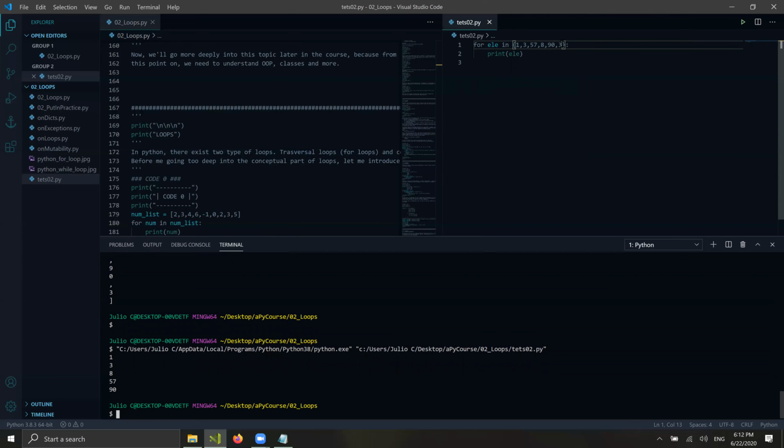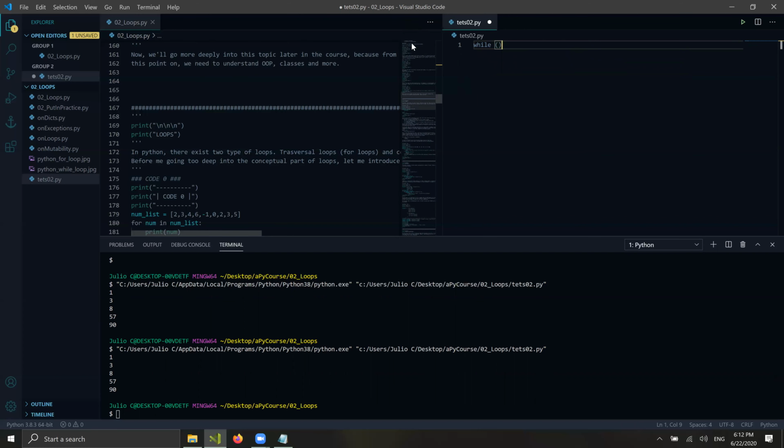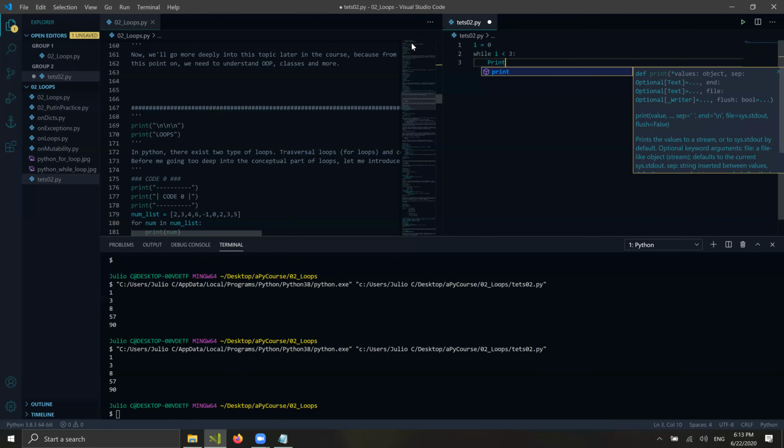We also have while loops. So while something, here is an expression, and this expression has to be a Boolean value. So it can be either true or false. And this while loop will run as long as the expression is true. So if you have a value, for example, i equals 0, and you want this to run as long as i is less than 3, you print hello world here,